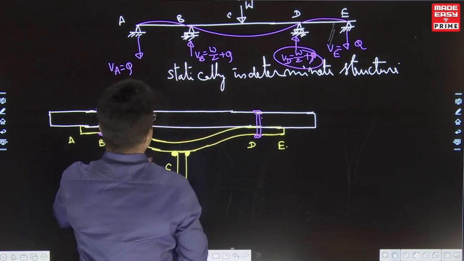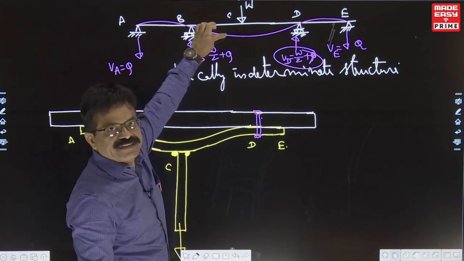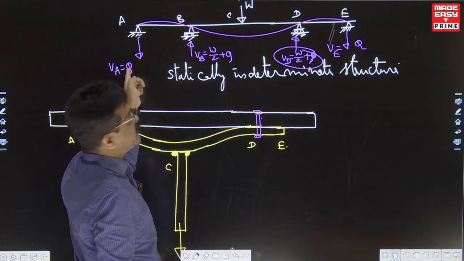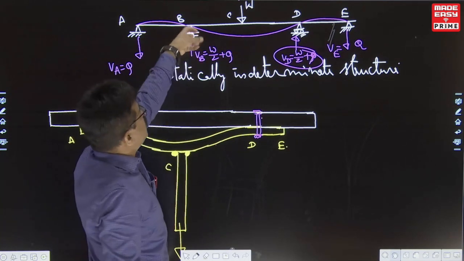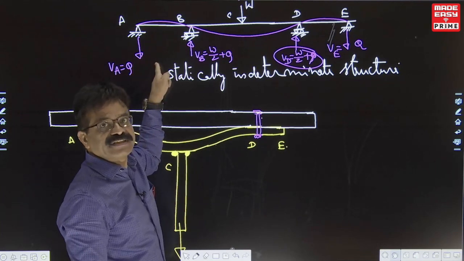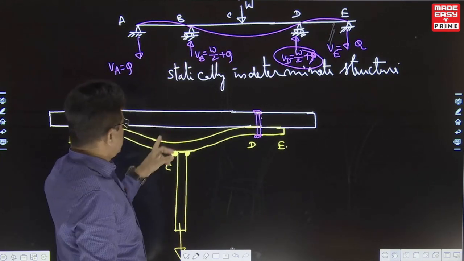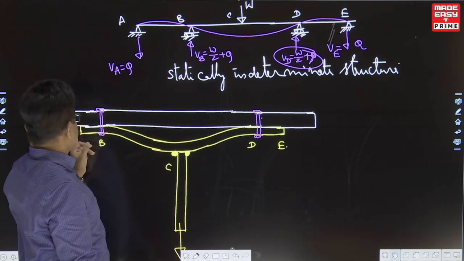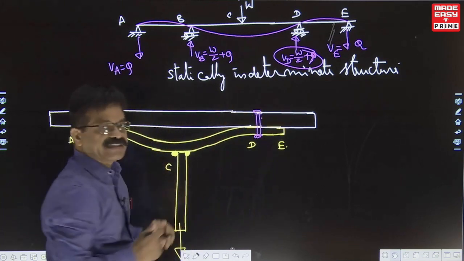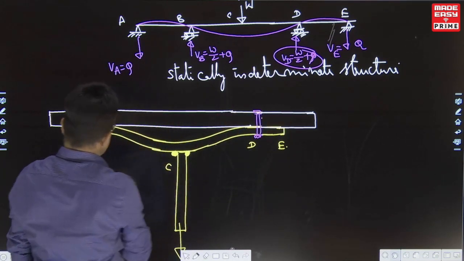Here also, at the joint B, if it doesn't rotate, then the deflection curve is almost straight, and Q will be almost 0. But if it rotates, then the deflection profile will be such that the reaction here will increase. The stiffer the plate, the lesser is the value of Q at A. A we take as a support, E also we take as a support. Okay, so now this is the condition.